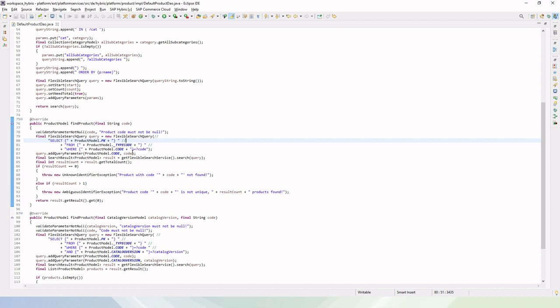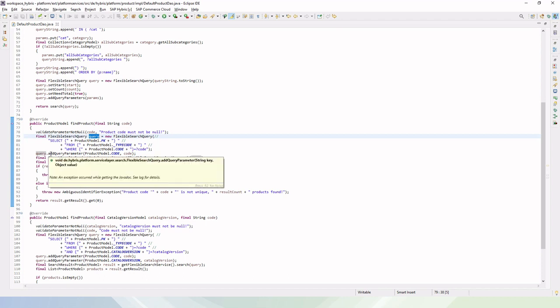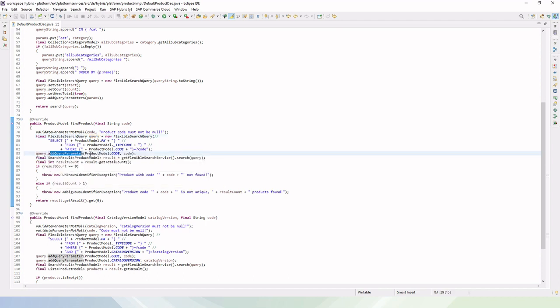So that is why it is recommended to always write the query in this fashion. After that, we have passed this code, right? We want to add this in the runtime, and we have added this. We have created this flexible search query, right? In the query we have this add query parameter, where we are passing the code and then the runtime